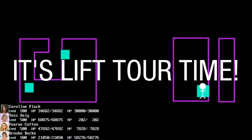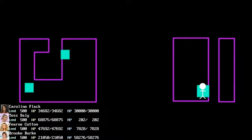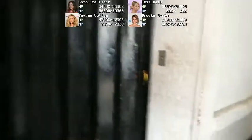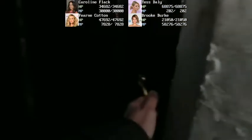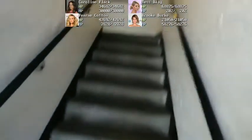Epic lift landing. It's lift tour time. Now to the first lift, which is an awesome 1950s Evans. Yes! This is a totally awesome lift, completely original, although sadly the outside buttons have been replaced, but